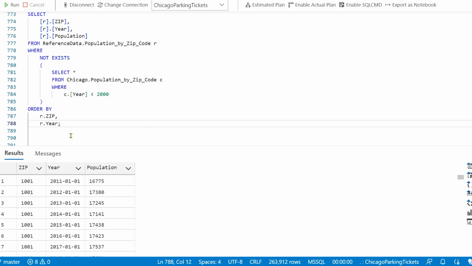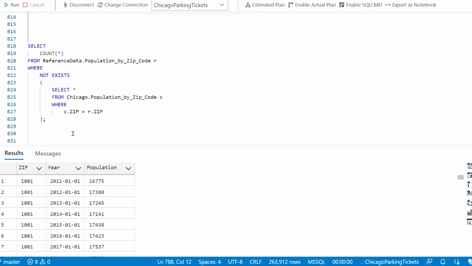With not exists, however, you need to make sure that the value isn't there, and so you get no performance boost, unfortunately. This last not exists query gives me all the rows which exist in the US dataset, but not in the Chicago dataset, for a total of